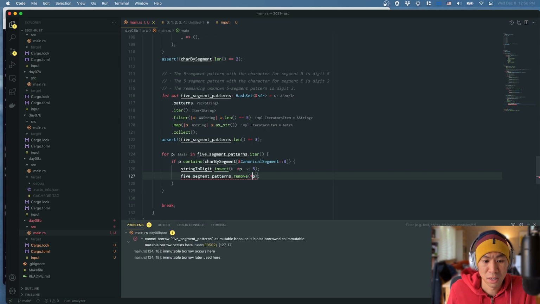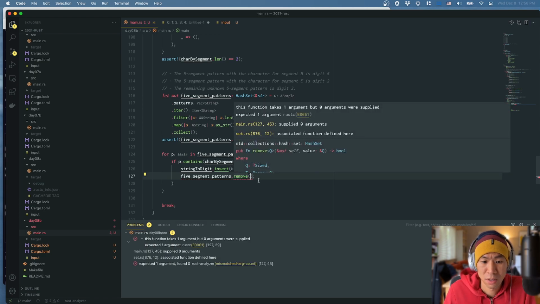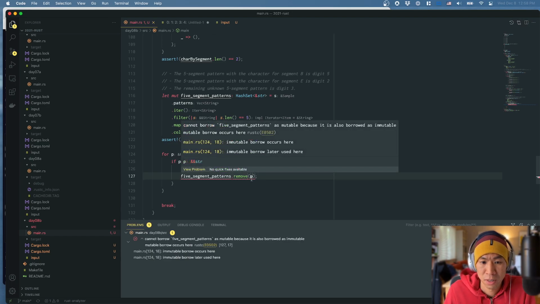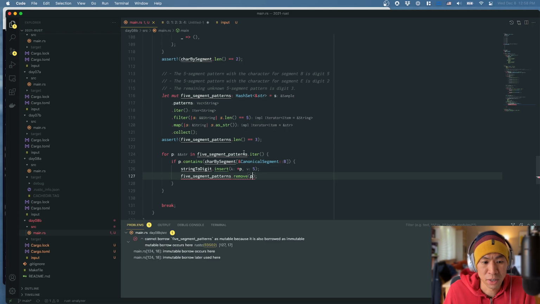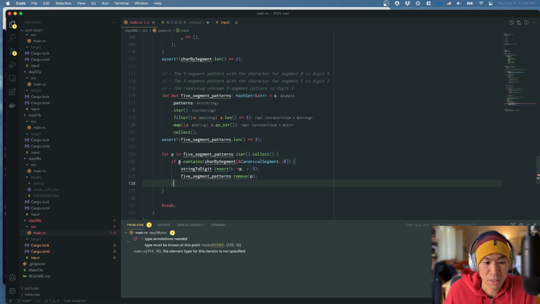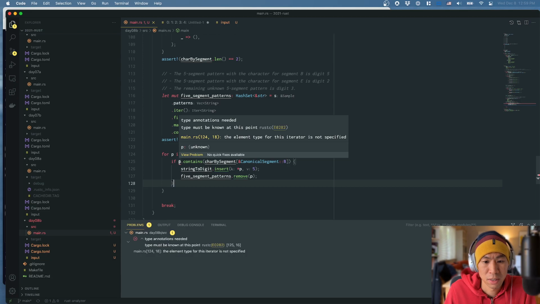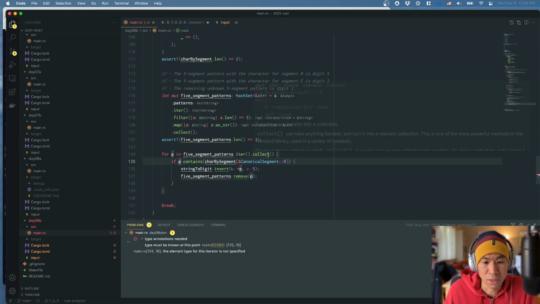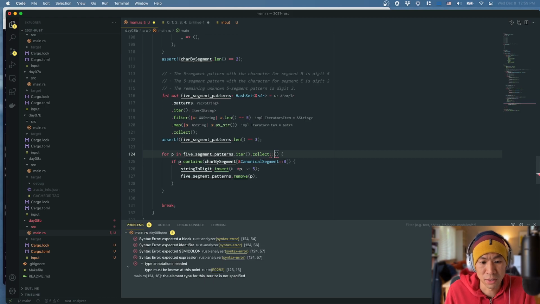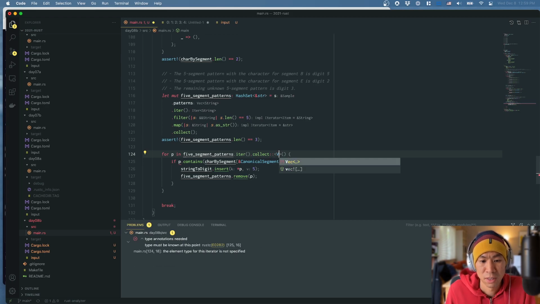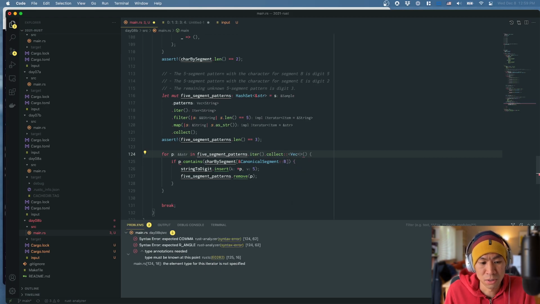And P is borrowed as immutable, oh, because we are iterating over them. Let's go ahead and collect these, and that will get rid of that. P is what? Collect doesn't know what to do here, so it is a vector. Let's do a vector of